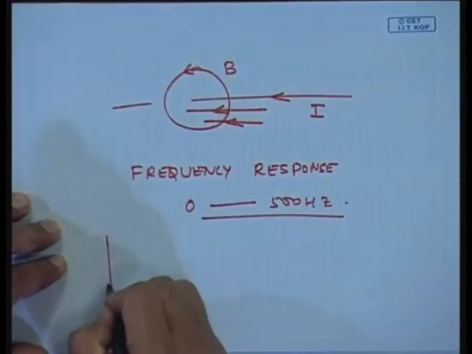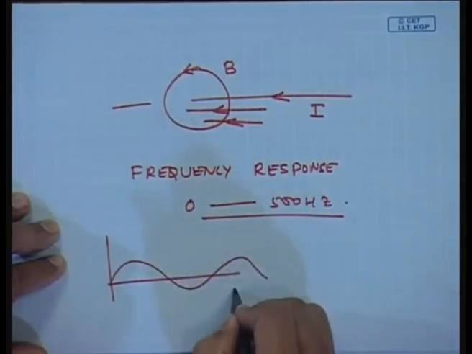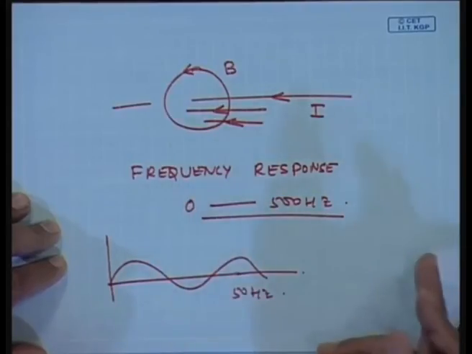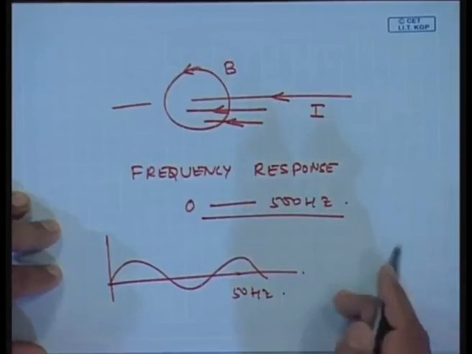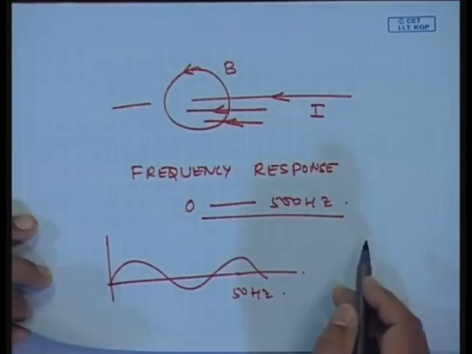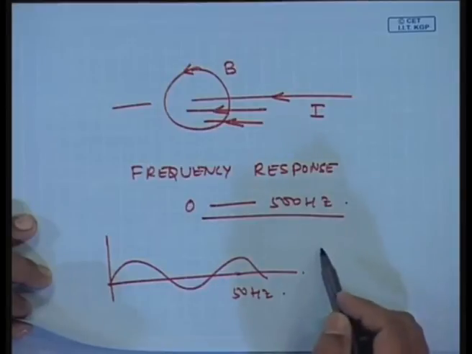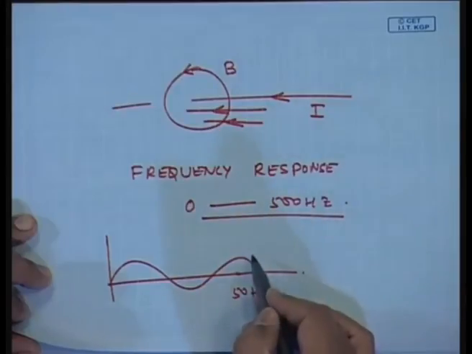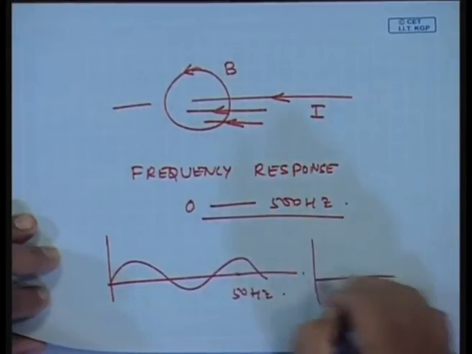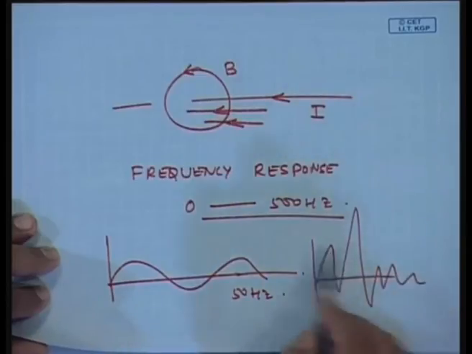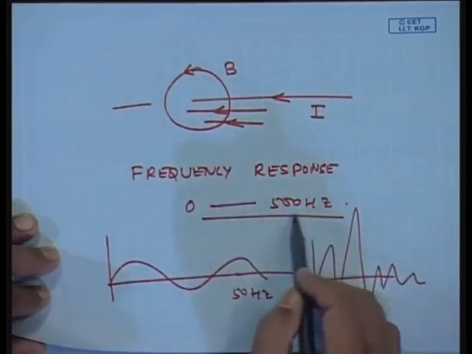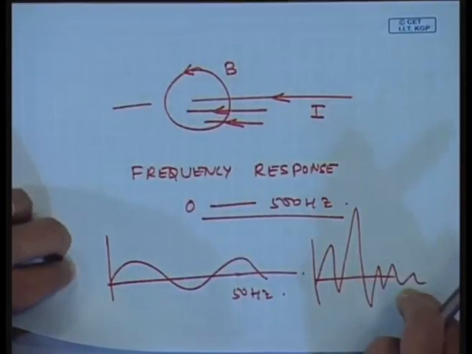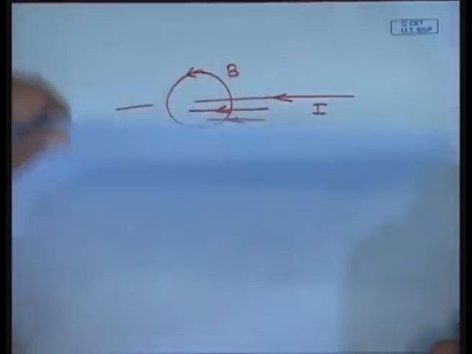Now, our typical supply current is about 50 hertz, okay, and these ammeters can measure only up to 50 to 100 hertz. But you will see later on when we talk about motor current signature analysis, when we are discussing how this waveform can be analyzed to find out the mechanical defects, I need to know the waveform, whether there are any fluctuations in the waveform, etc., at what frequencies. So, this is where these Hall effect sensors are very advantageous, and I will get a voltage output corresponding to the current carried by the conductor.